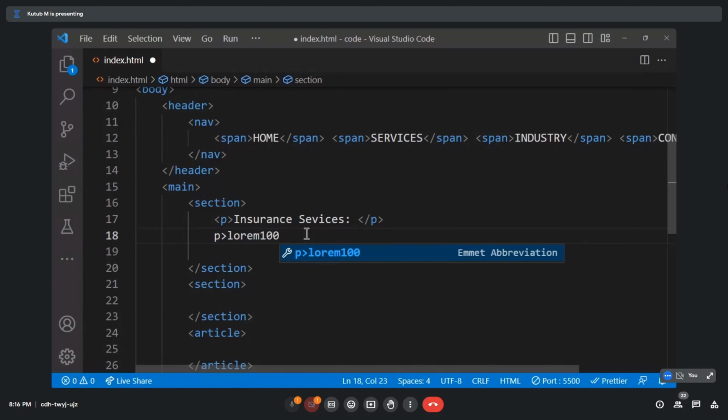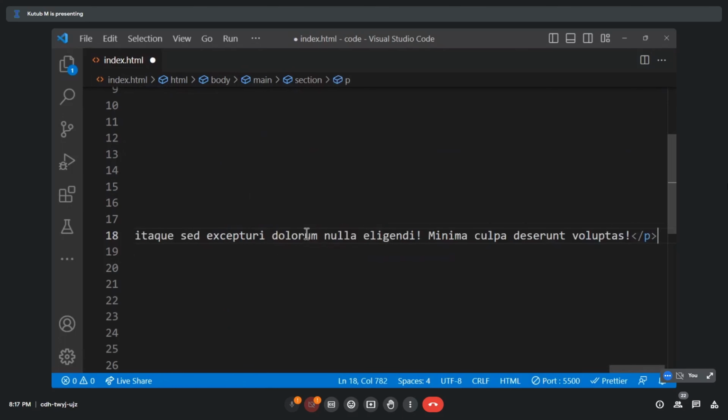Here I am putting a paragraph tag. Inside the paragraph tag, with the greater than symbol, you type the word lorem and 100, which means 100 placeholder words will be added to your paragraph. I don't have to type 100 words here. It will automatically create them for me if I just press enter now. So if you can see,